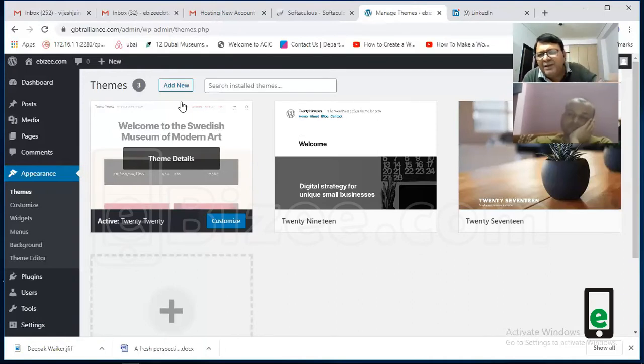There are many themes which can create e-commerce, but the problem is that the plugins and material they require will be paid. So today we are going to select something where there is no payment. It's free of cost. You can create your complete website.